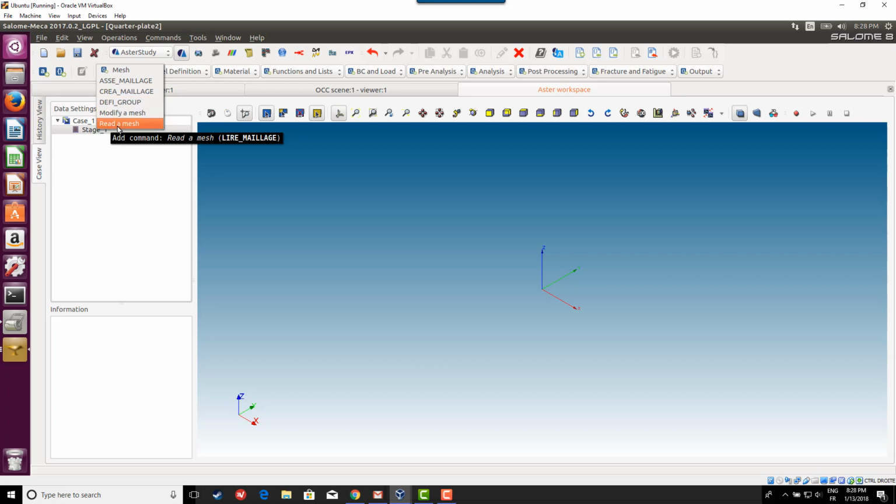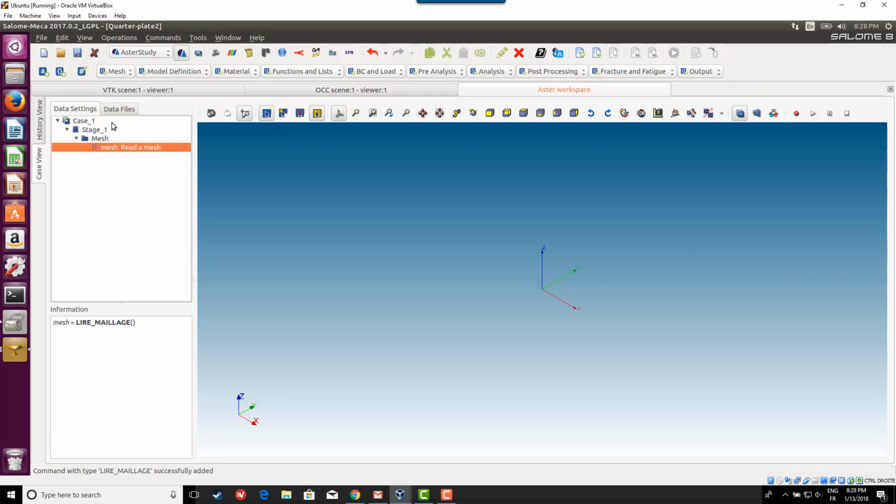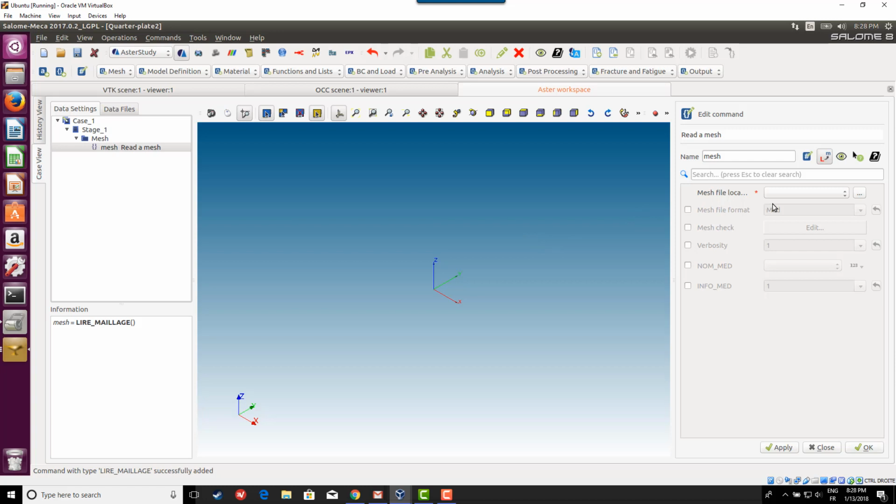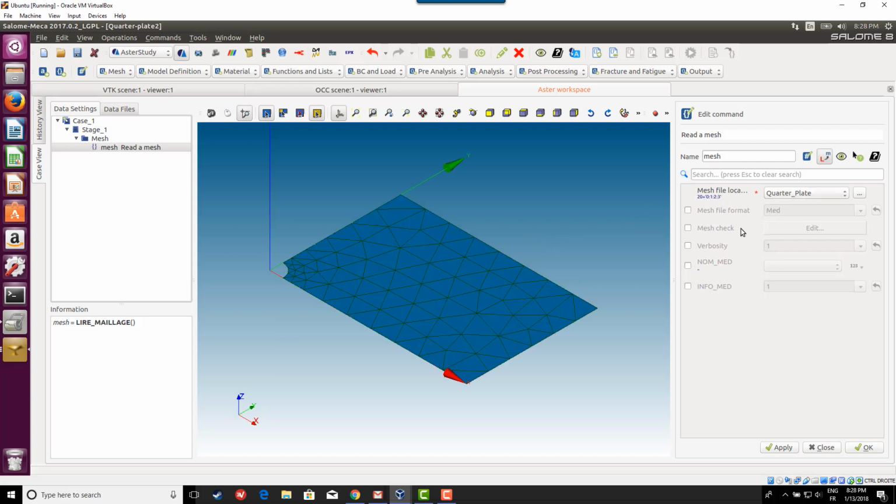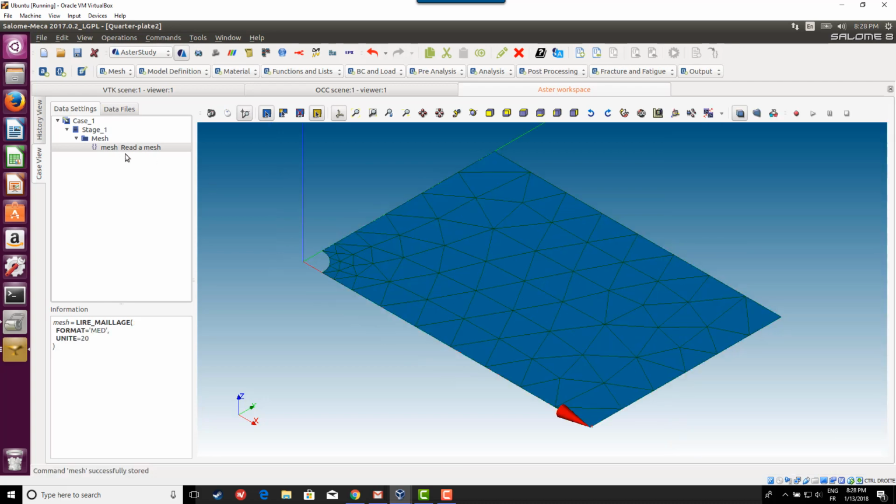So the first thing to do basically is to read the mesh. So click on read the mesh, and here select your quarter plate. And once you get it here, don't forget to mention the file format, which is in med format. Okay, and now it's added here, and you see that this function actually can be